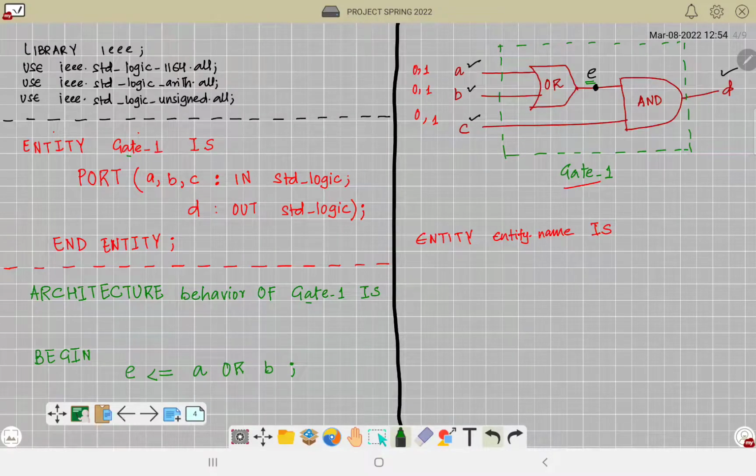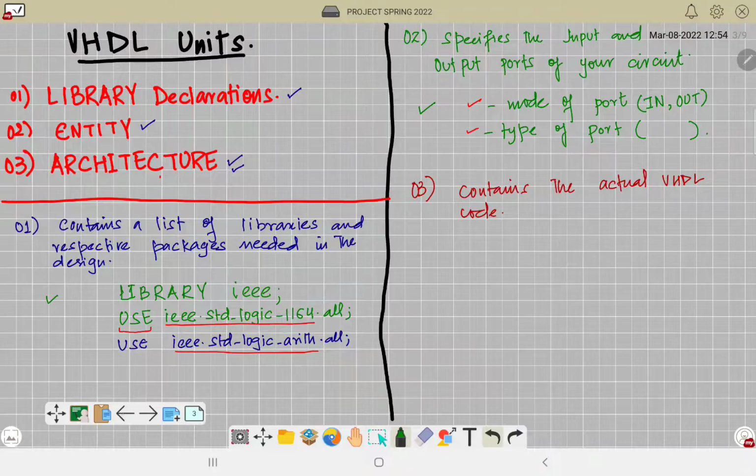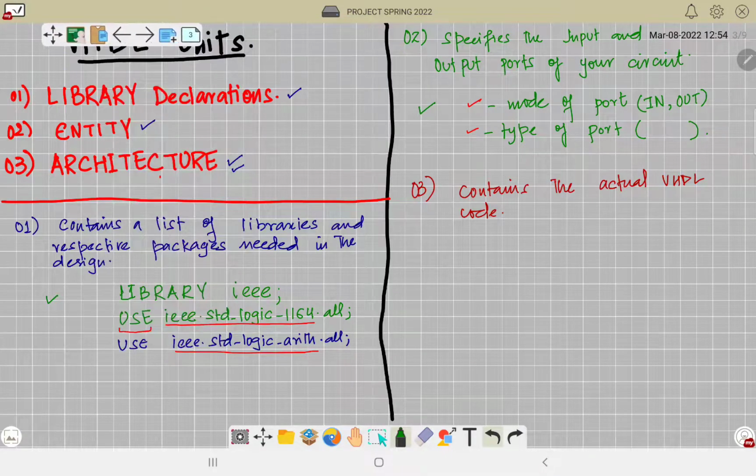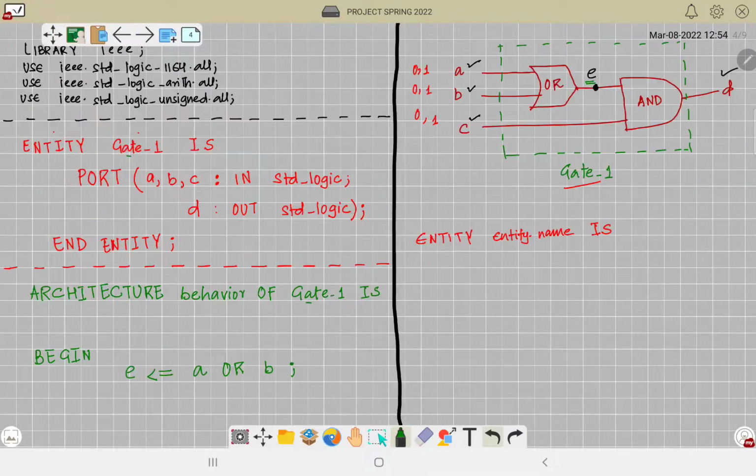फिर इसी के साथ I will put a second statement. Just a second, I will just remove it here. Okay, D is equivalent to E and C. This completes the architecture, ठीक है।